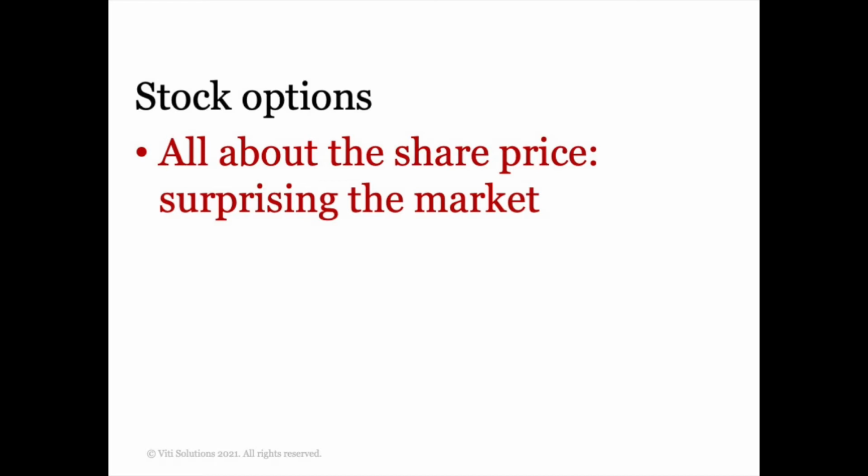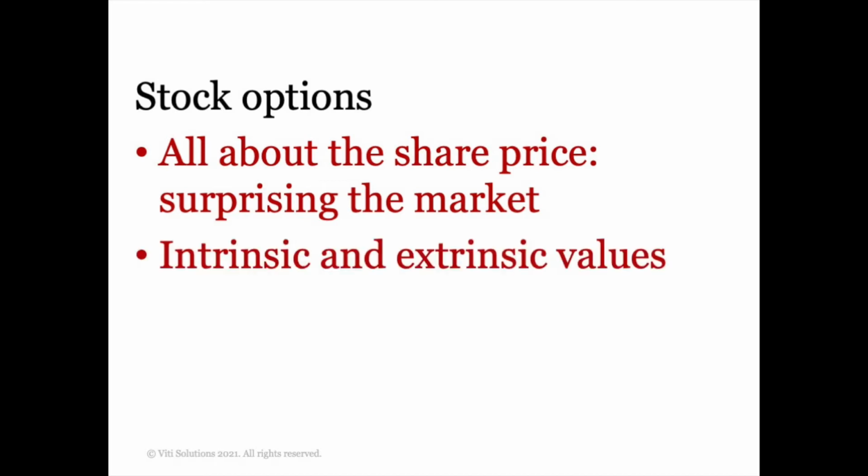And what we call the difference between the share price at which you can exercise and the exercise price, so the share price at the end and the share price that you have been given a right to purchase the share at, that's the intrinsic value. It's the difference between the two. So you exercise your option, you tell the company, I want to buy that share, say the exercise price is 10 and the value of the share currently is 15. I exercise my option, I buy the share for 10, I sell it, I make a $5 profit.